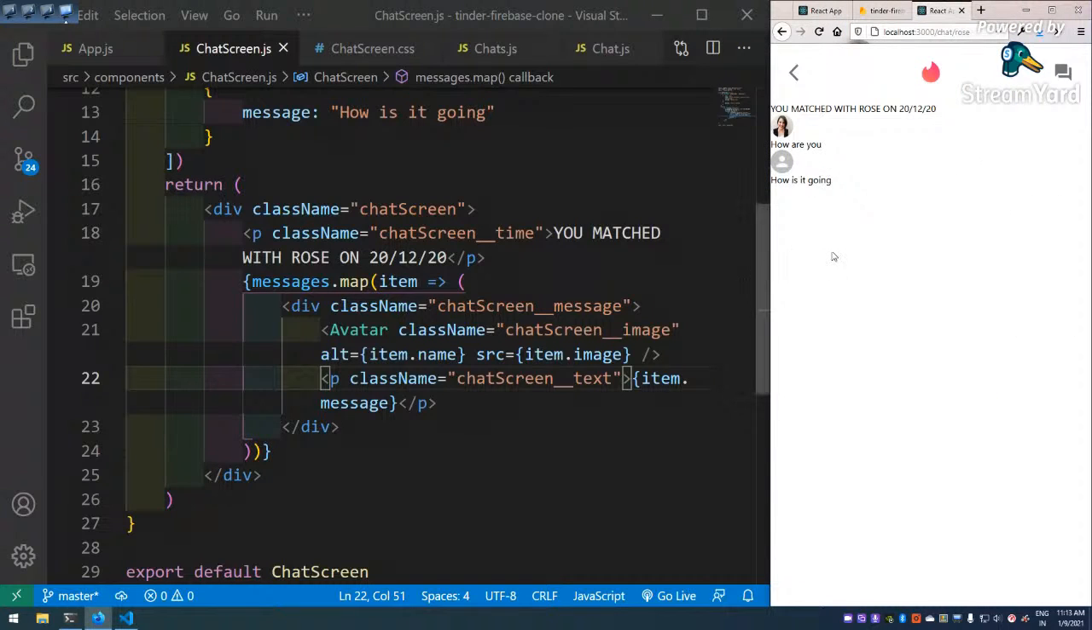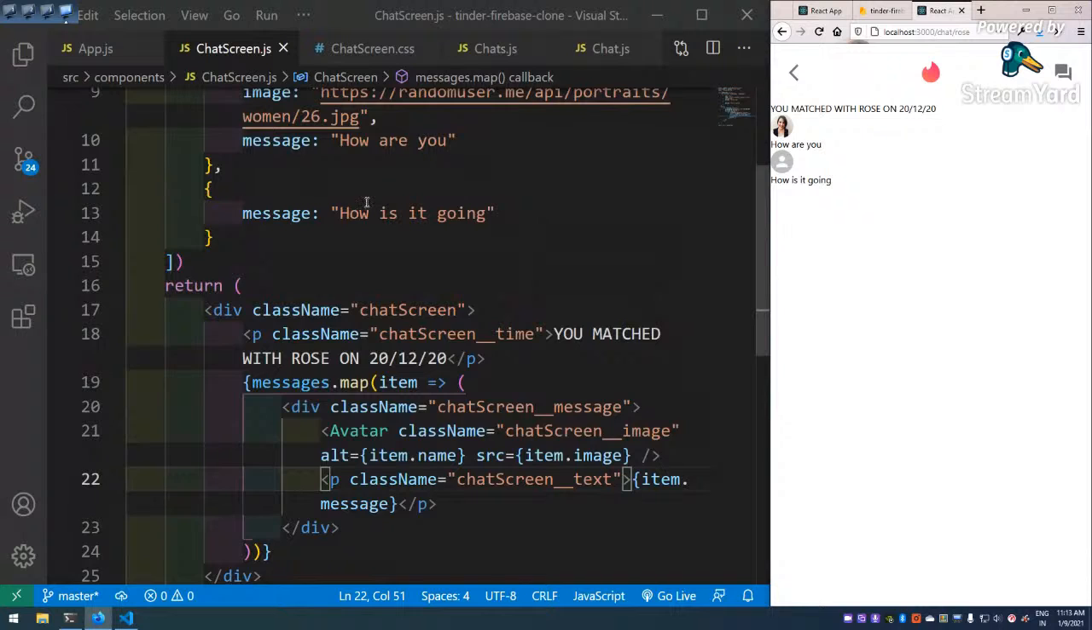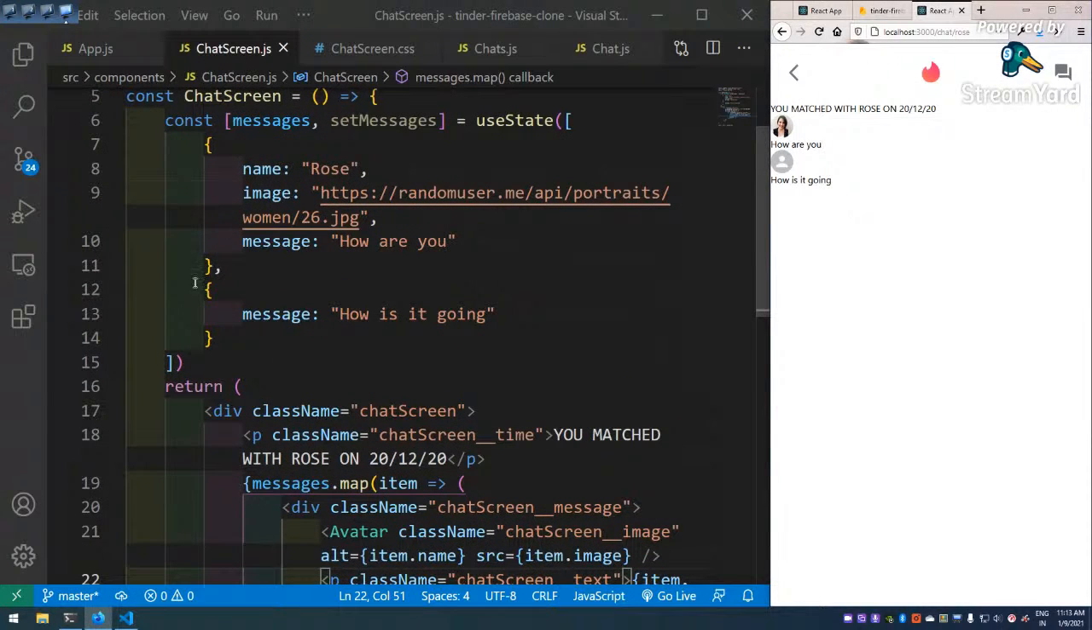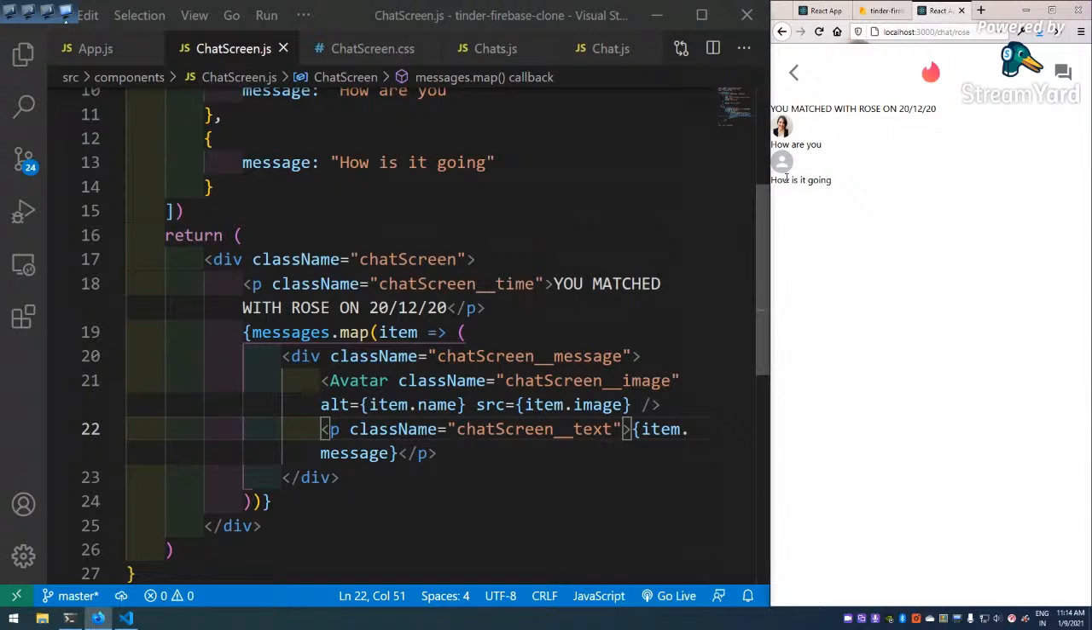Okay, but now this is not good, and this is very ugly. Okay, so it is looping through it. So there are two messages. See, this one and this one. This one doesn't have the name and the image, so avatar is showing nothing. If you pass nothing to it, it will show like this. So let us go to the